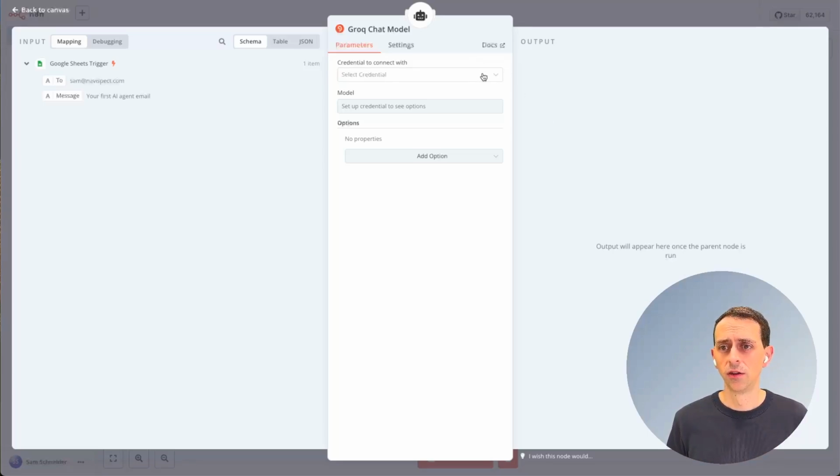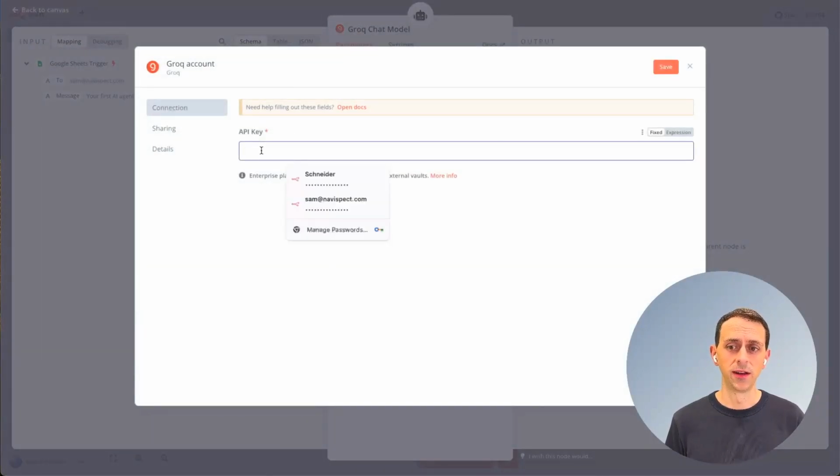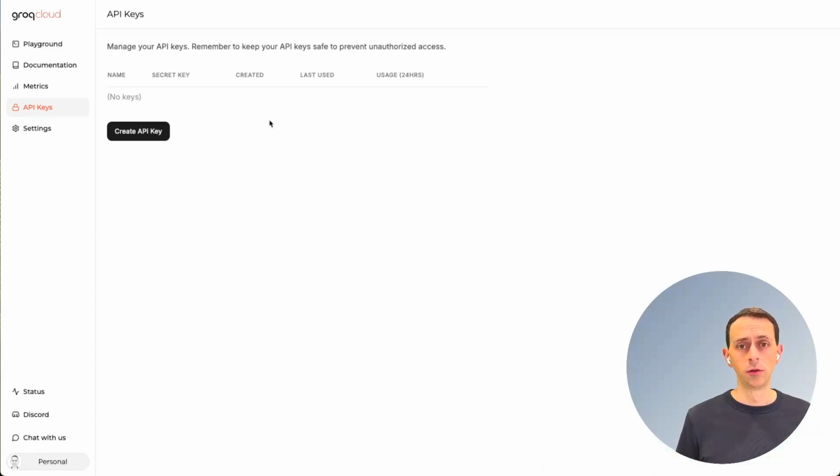So here, you're going to give it a new credential. We're going to get used to creating these new credentials. The Groq one is a little bit easier because you don't have to go through the whole OAuth flow. Groq uses an API key, which is a simpler way to do it. And so we're going to say create new credential. And all you got to do is drop in this API key. You'll then go to